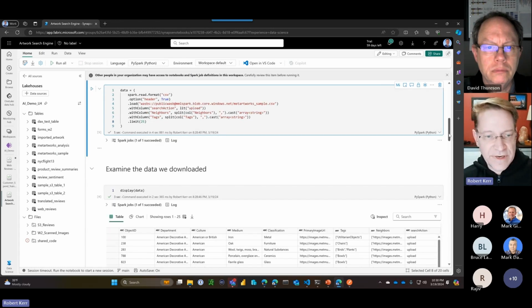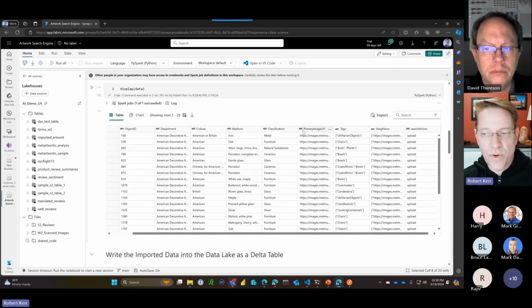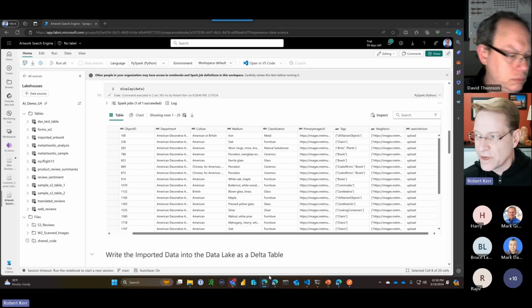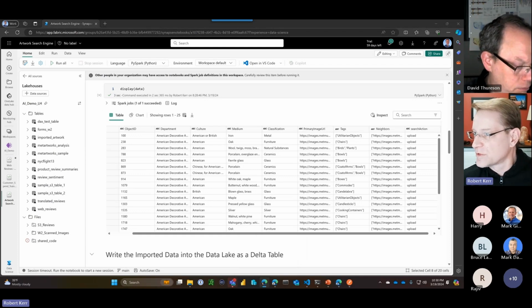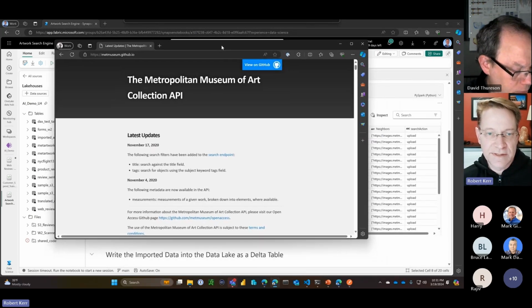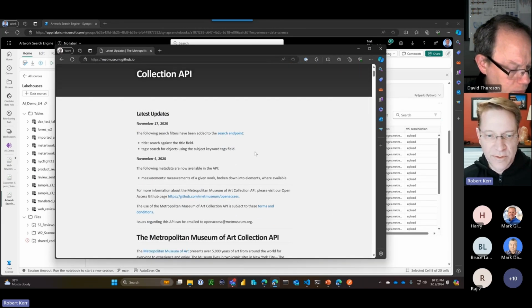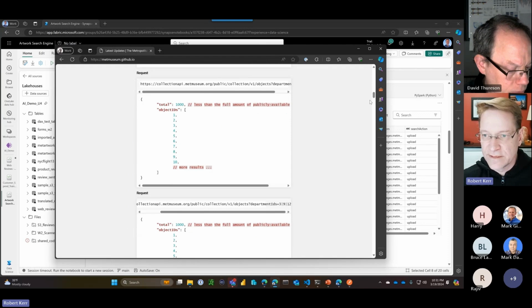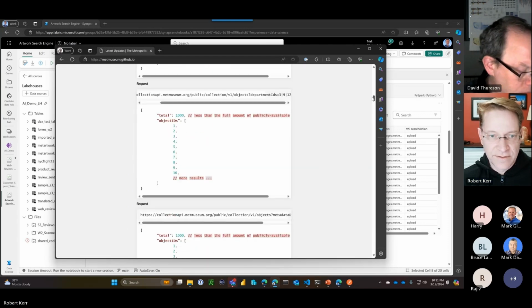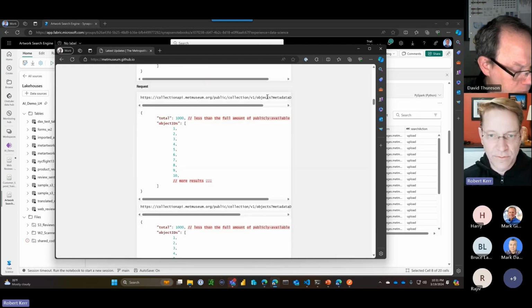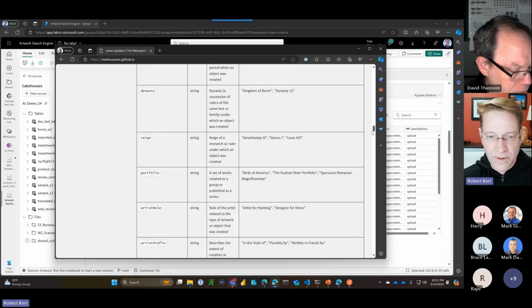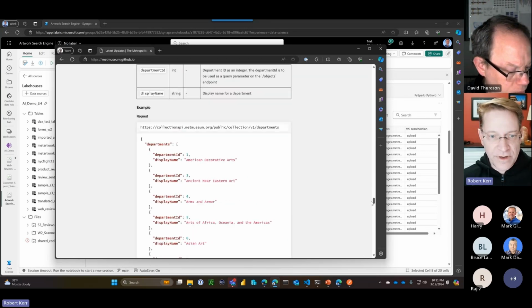After we fetch the data, we first look at what we got, and with the actual API, because you might be interested in what that looks like. This is the actual API that was used to pull the data into the blob store. If we look at the data that the Met provides, they show you what calls you can make and so on. And if you make a call,